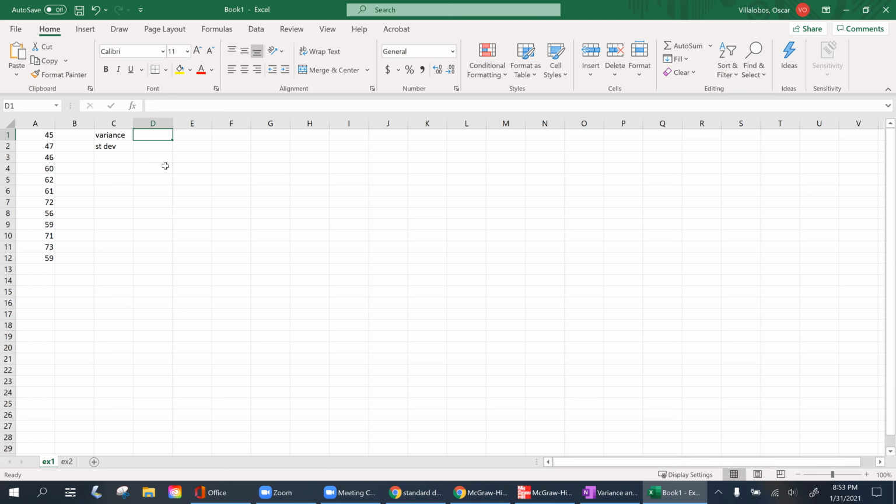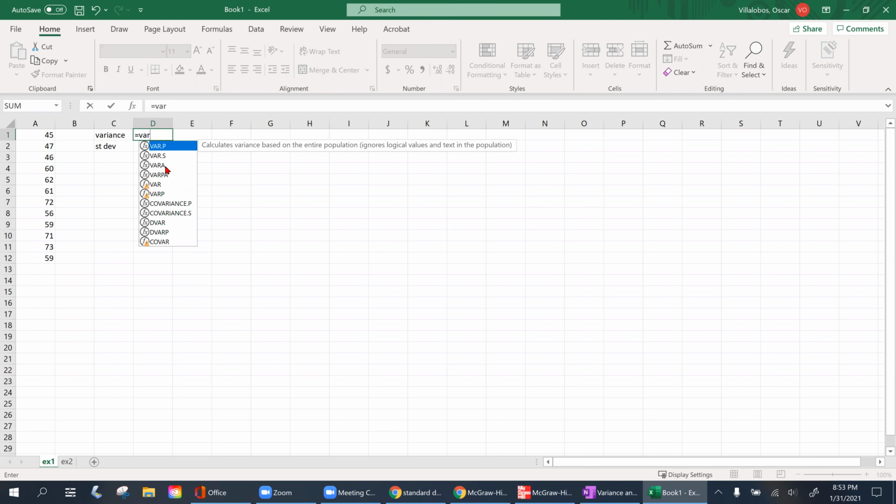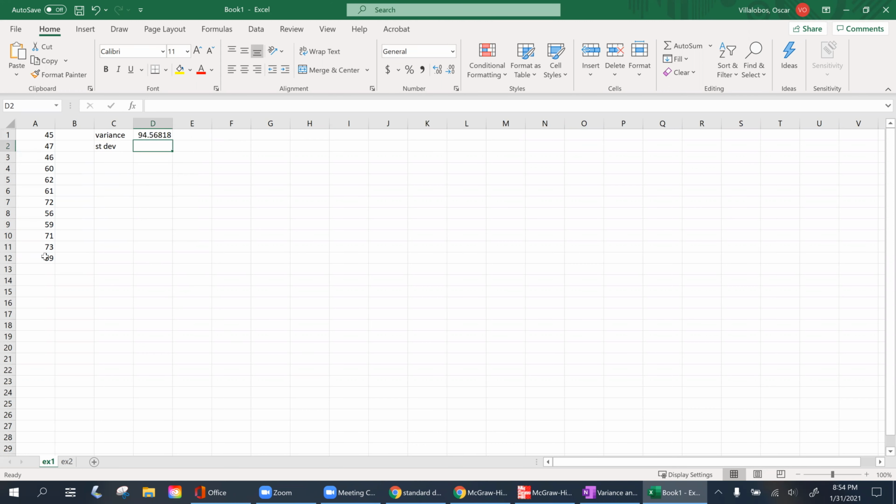The formula is going to be equal, and for variance, it's going to be VAR. I'm going to open this and highlight all these values. I'm going to close this. And there we go, 94.5. We said 2 decimal places, so let's get that to 2 decimal places. So 94.57. To find your standard deviation, sure, you can find the square root of